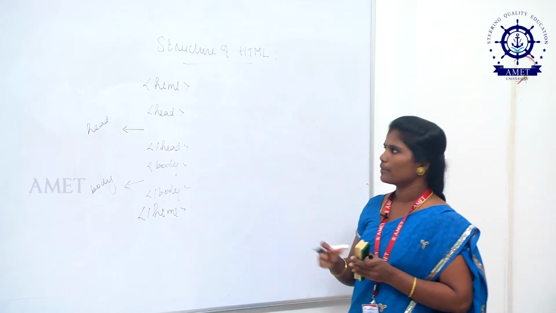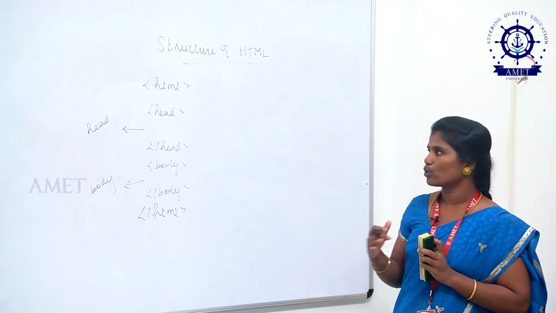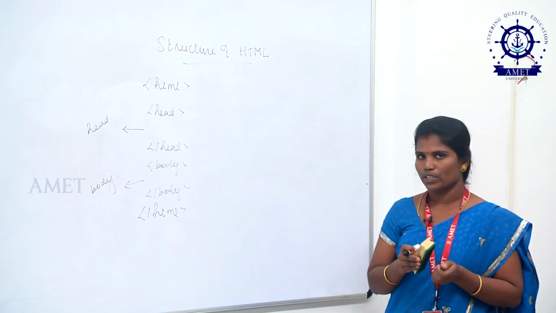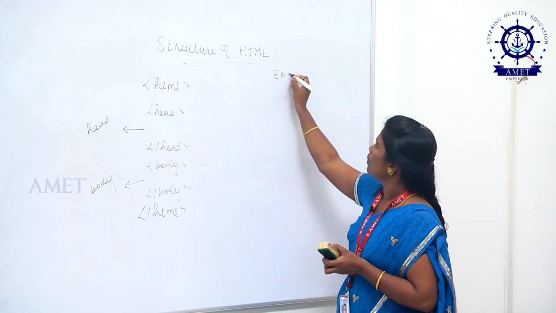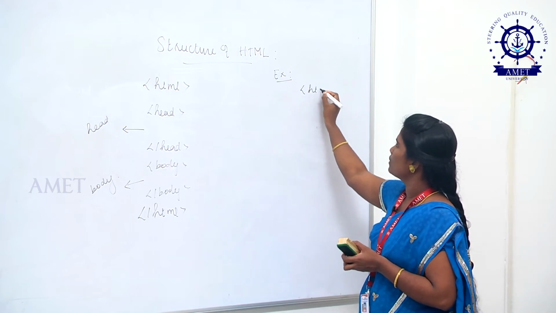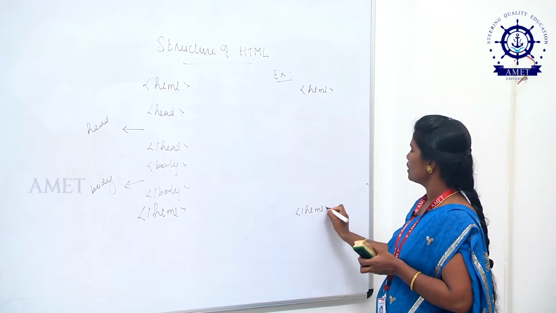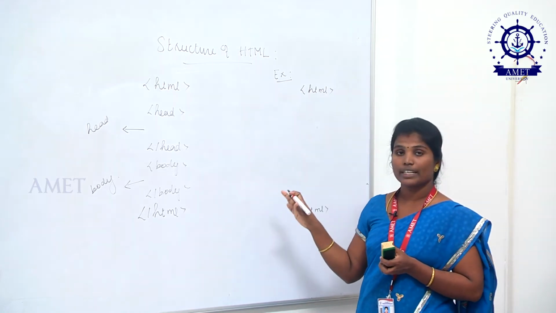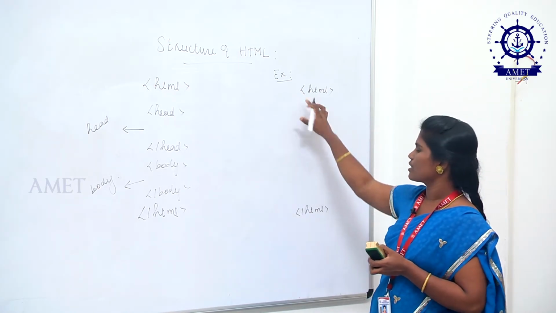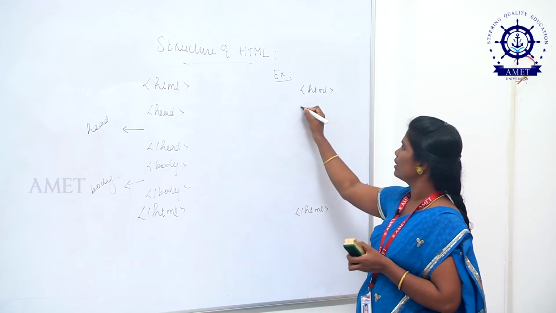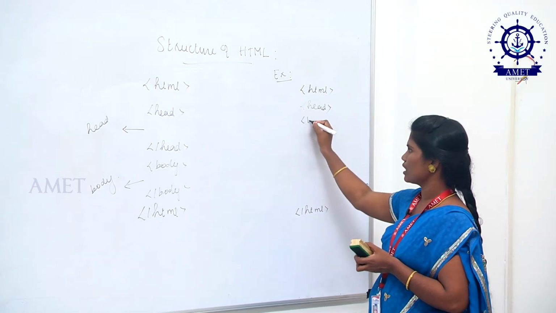A simple example that we are going to see now is how to design a simple web page. I have to follow the structure. If you want to design a web page, you have to follow this structure. So start with the tag HTML, end with HTML, because HTML is an embedded tag, as it has both an open tag as well as a close tag. Inside the HTML there are two sections, I said. One is head, which is used to give a title; any title you can give using the title tag.